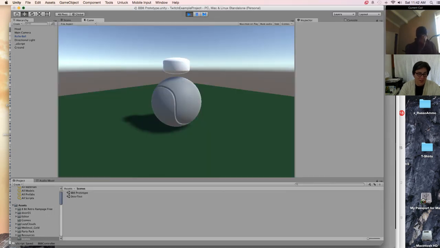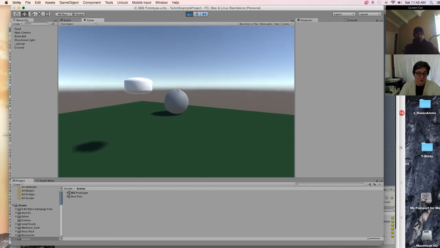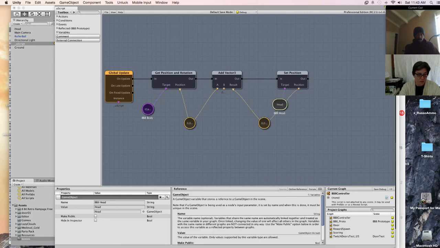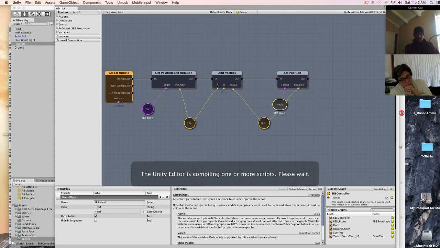Okay, so now I am brute force going to update his position. Okay, that's not working. Actually, you know why? Because I didn't tell it what objects to deal with. Oh, it's not done compiling, is it? Public? Did I make this one public? Yeah. So, debug. So slow. Compile.